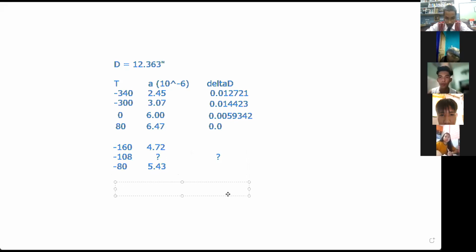The formula in doing this is we are going to find the alpha, and that is actually alpha minus